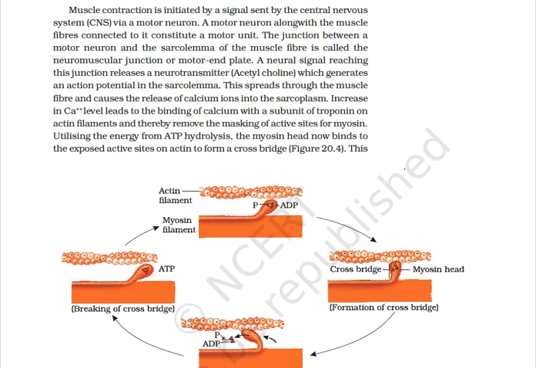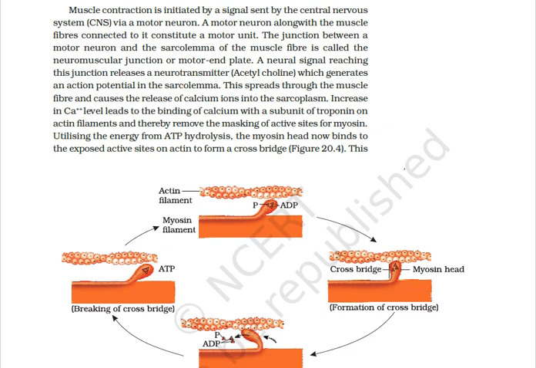This movement is an active process which requires the use of ATP. The myosin head contains ATPase activity, and thus it can derive energy by the breakdown of ATP molecules. This energy is used for the movement of myosin heads. During the contraction process, the myosin heads get attached to the active sites of actin filaments and pull them inwardly, so that actin filaments slide over the myosin filaments. This results in the contraction of the muscle fiber.